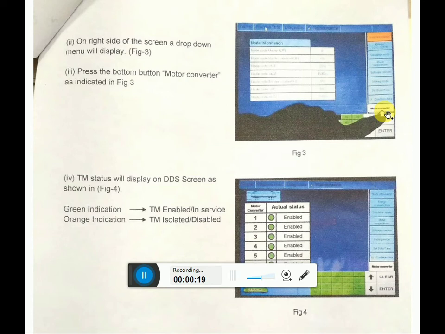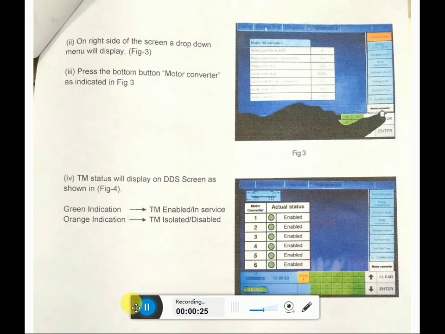Concerned traction motor is not working. So by operating process information and diagnosis, we can see the screen reading in BHL make.